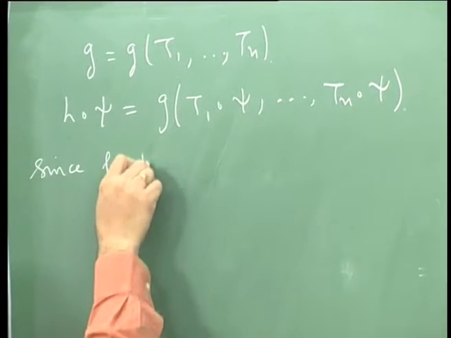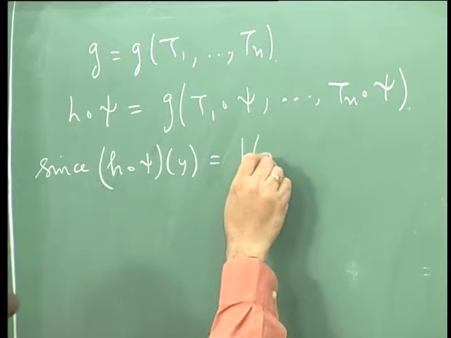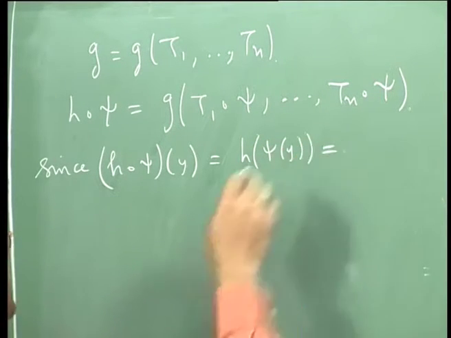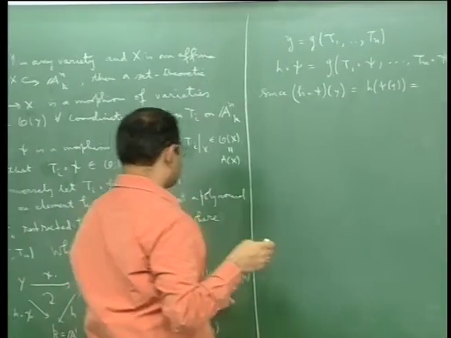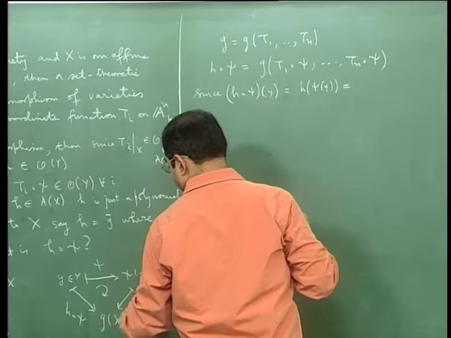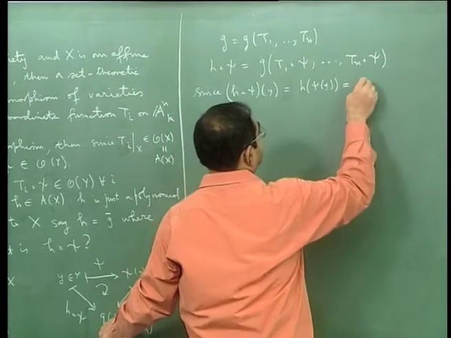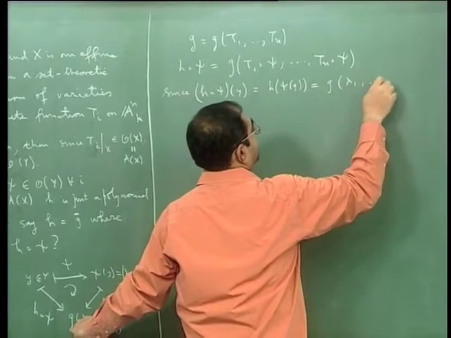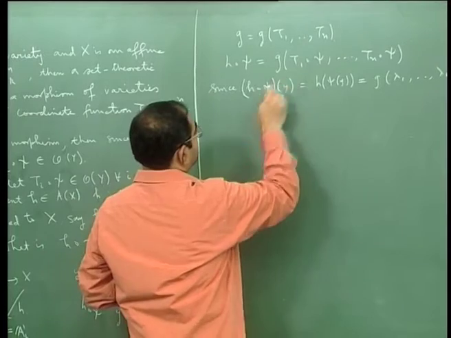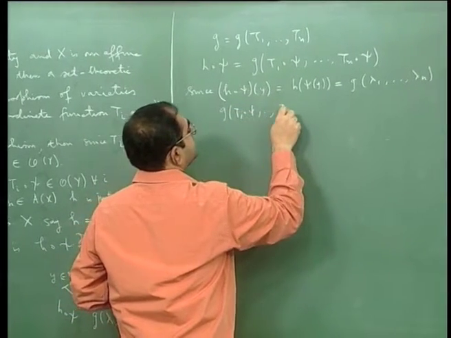Since H circle psi, if I evaluate it at a point, what will I get? I will get H of psi of y, and H of psi of y is lambda 1 through lambda n, and then I evaluate H on that. H is represented by a polynomial g, so I will get g of lambda 1 etc. lambda n, okay. And you will also see that g of T1 circle psi etc. Tn circle psi